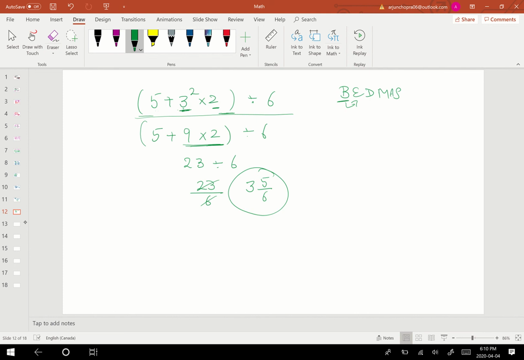If we are given the question 2x plus 5 equal to 10, and I've been asked to solve for x, how can I find the value of x? I want to solve for x, meaning for what value of x